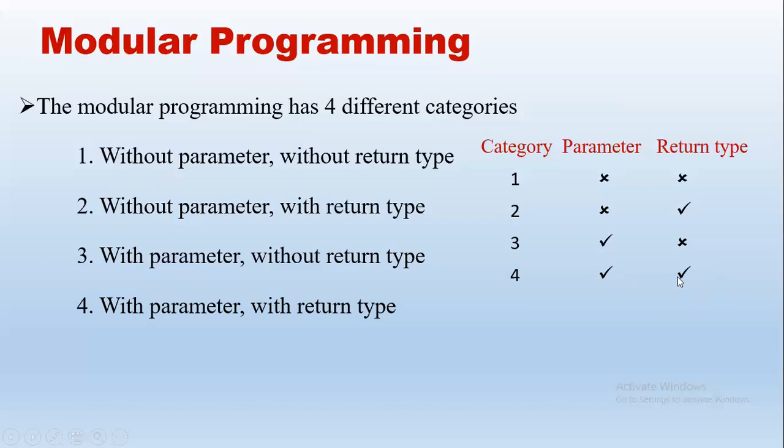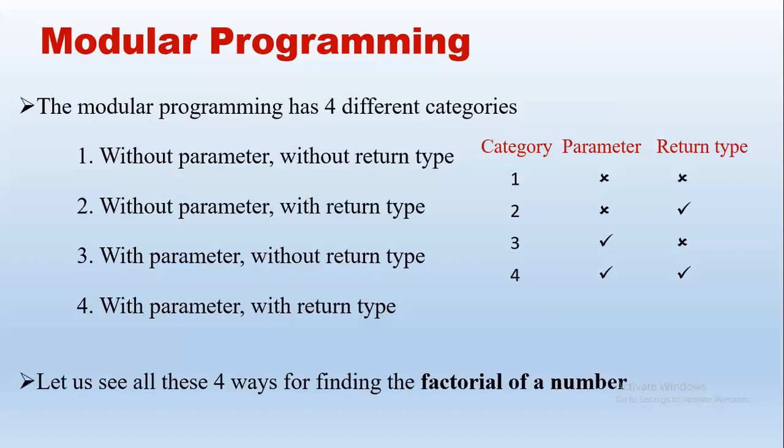Let us see one single example for all the four categories so that it helps us to differentiate between the categories. We will see the different categories with the help of the factorial of a number program. Here we have the programs from lab sheet 4, which is for module 4. Problem 1 is for NCR without using functions. We will discuss that later because the prerequisite for NCR is we need to find factorial. NCR is nothing but n factorial divided by (n minus r) factorial into r factorial.